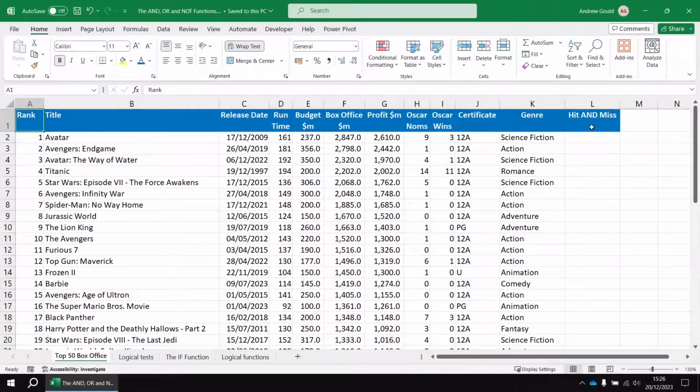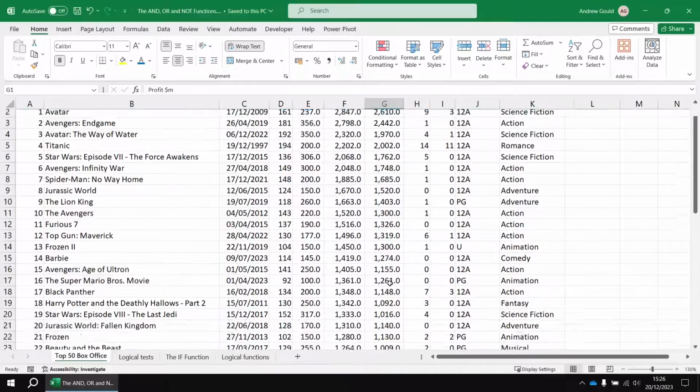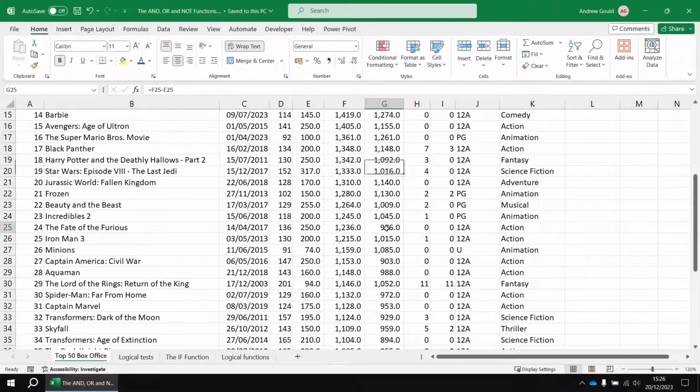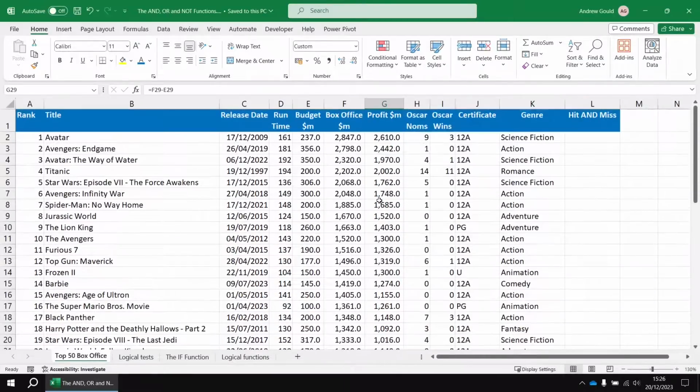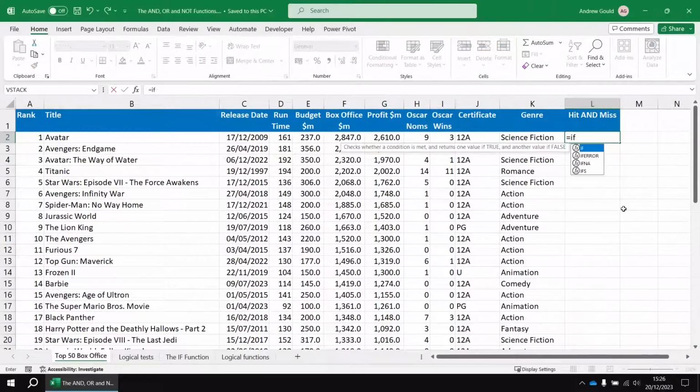I want to provide a description for my films to call them either a hit or a miss, based initially just on financial success. So we're going to be looking at the values in column G, and if the film has made at least $1 billion of profit, then it's a hit. Otherwise, it's not sufficiently financially successful, so we'll call it a miss. So to make that work, we can use a basic IF function. So in cell L2, I'm going to say equals IF, and then in some round brackets, write our first basic